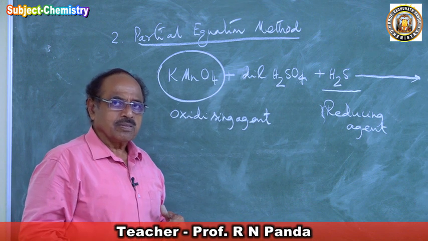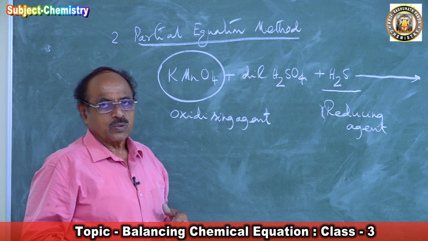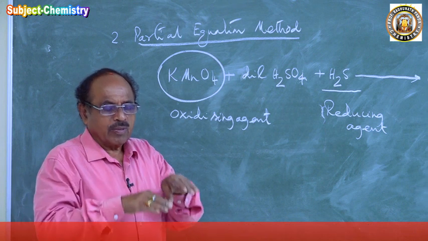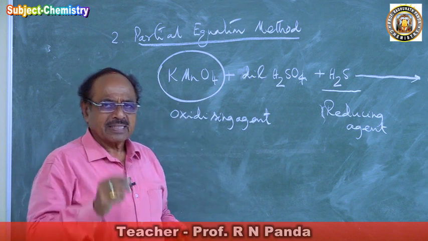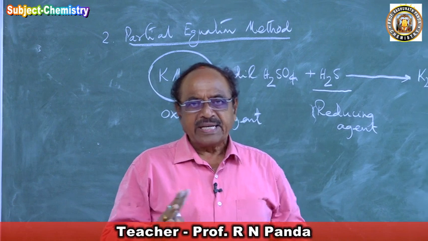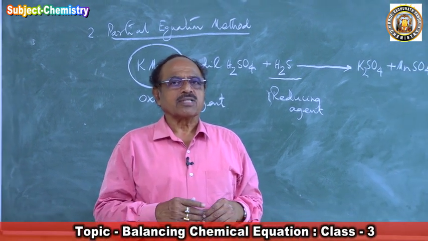One cannot jump from the ground floor to the first floor to the next; it's not possible. So you have to go step by step, like this. Here is a simple example, just to clear your mind, on what the hit and trial method is and what the partial equation method is.